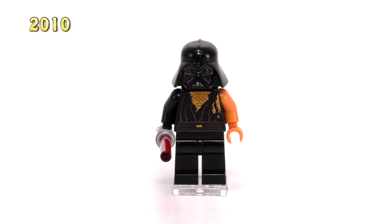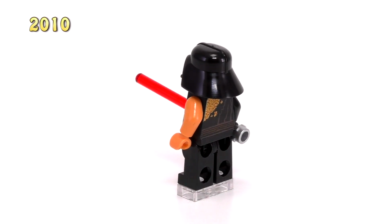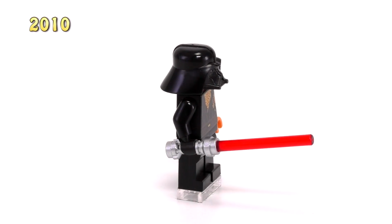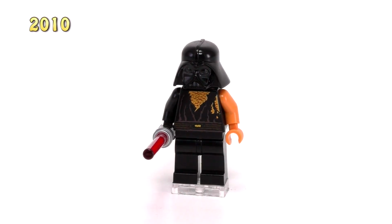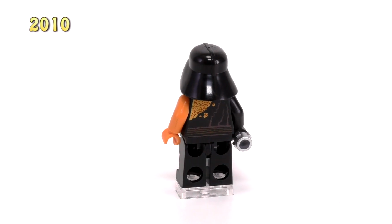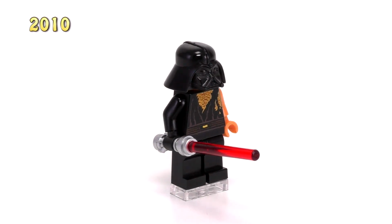Anakin has a red lightsaber, which he only got after he fully became Darth Vader in the suit, and he also comes with a Darth Vader helmet, which in the movies is I think the very last thing they put on him after they've already reconstructed his body and he has the suit on. So this minifigure represents a moment in the Star Wars universe that never actually happened, at least not this way. But anyways, he's a pretty uncommon figure, and to get him in good used condition, he'd be about 15 bucks